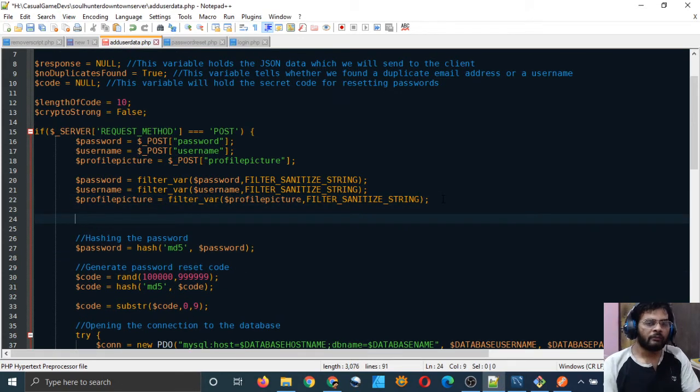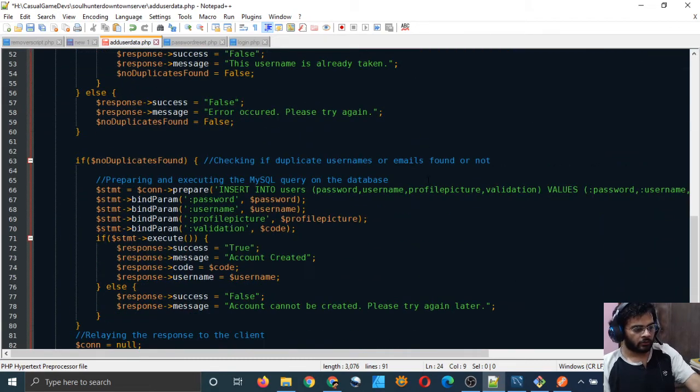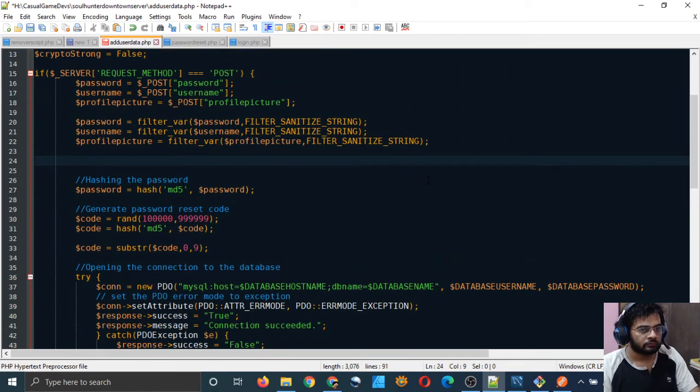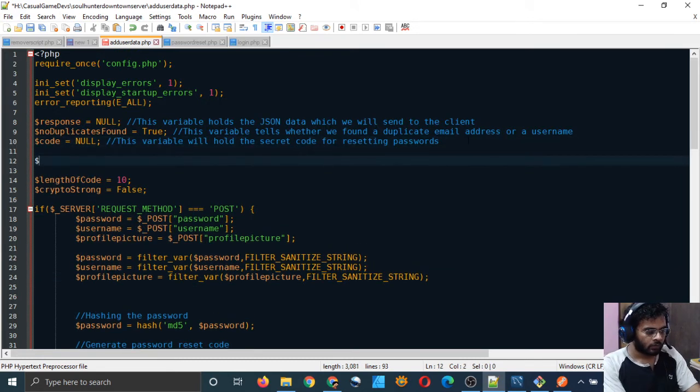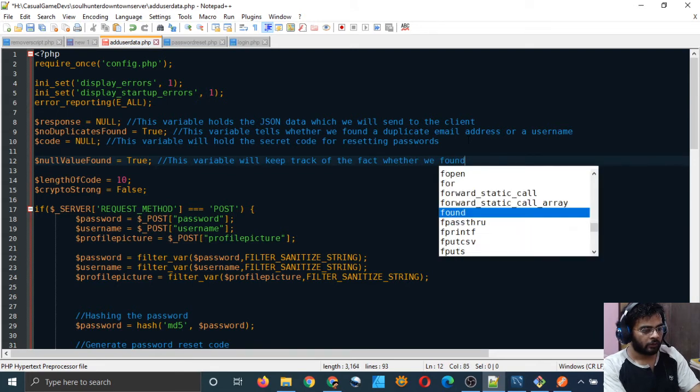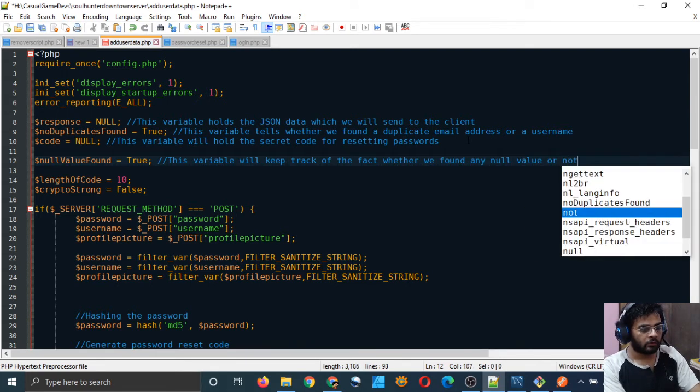I think we can do that by putting all this code in an if statement, right? So let's do that. First of all we need a variable, null value found is equal to true. By default, we will just assume that the user has given us a null value. This variable will keep track of whether we found any null value or not.